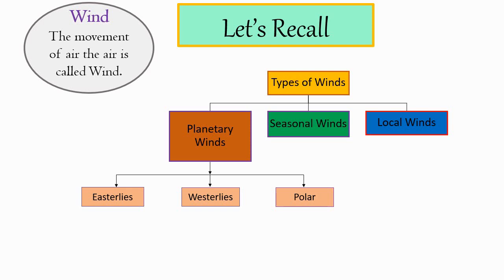Easterlies are the winds that move from east to west. These winds blow from the right in the northern hemisphere and to the left in the southern hemisphere due to Coriolis effect. If the winds move from west to east, they are called westerlies. They blow from mid-latitudinal high-pressure belts towards subpolar low-pressure belts. The westerlies of southern hemisphere are stronger and more constant than the westerlies of northern hemisphere.